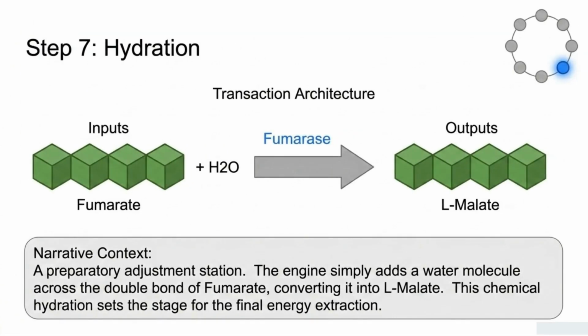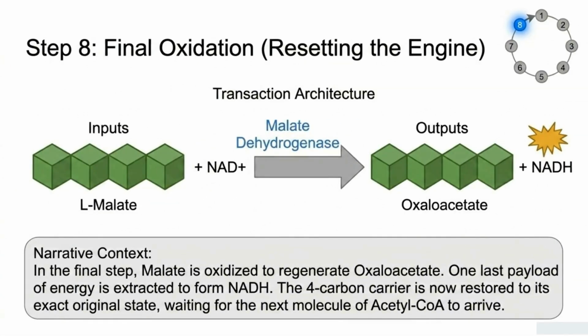Step 7 functions as a quick preparatory adjustment station. An enzyme called fumarase adds a water molecule directly across the carbon-to-carbon double bond of fumarate. This straightforward chemical hydration changes the structure completely, converting it into L-malate and setting the stage for our final energy extraction. We have reached the 8th and final step,